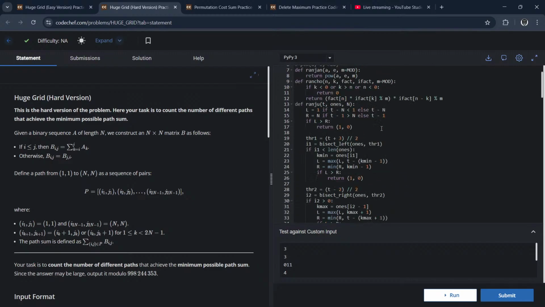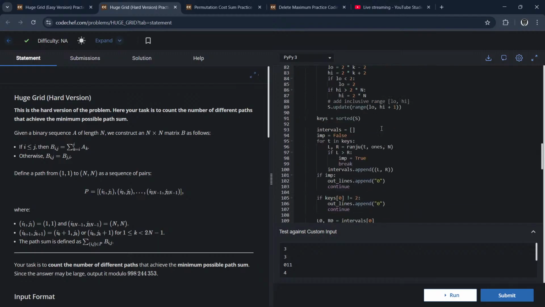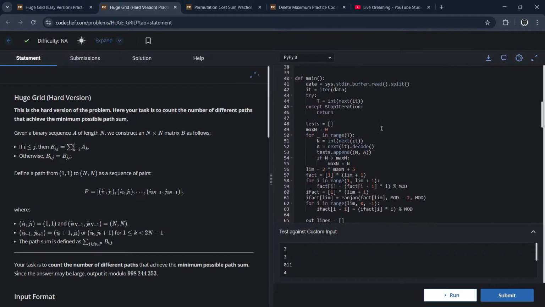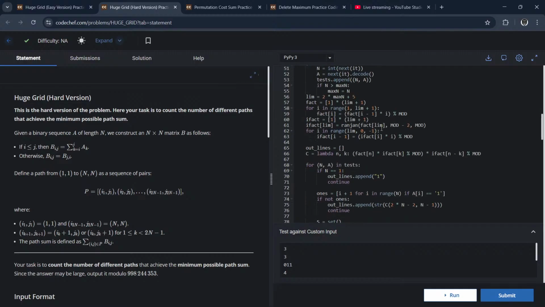Within that function itself, we have handled all the DP propagation, the pre-computation of factorial,